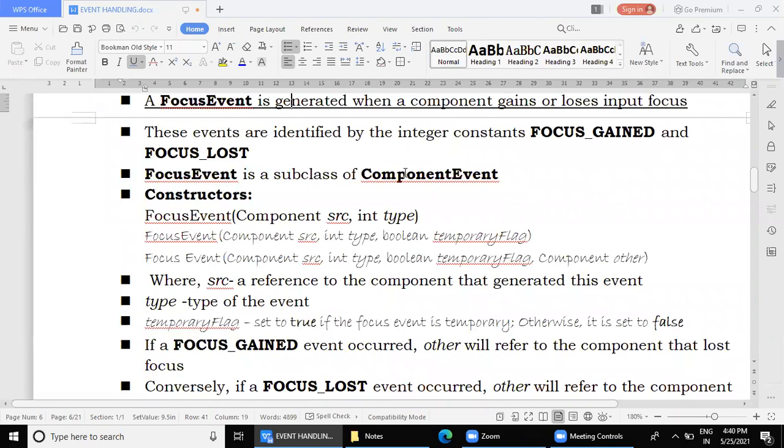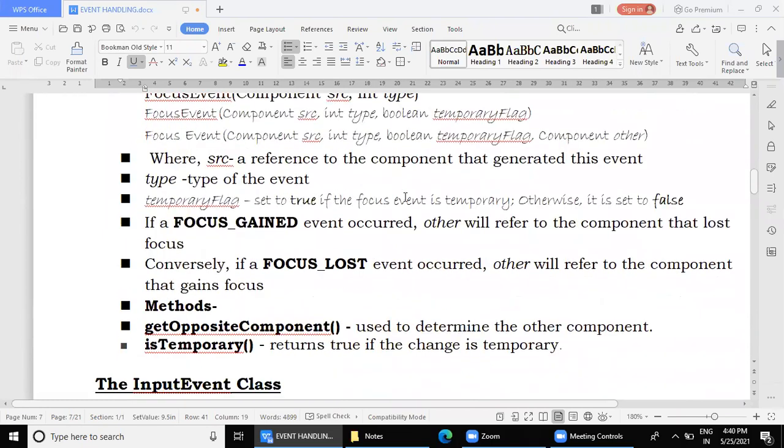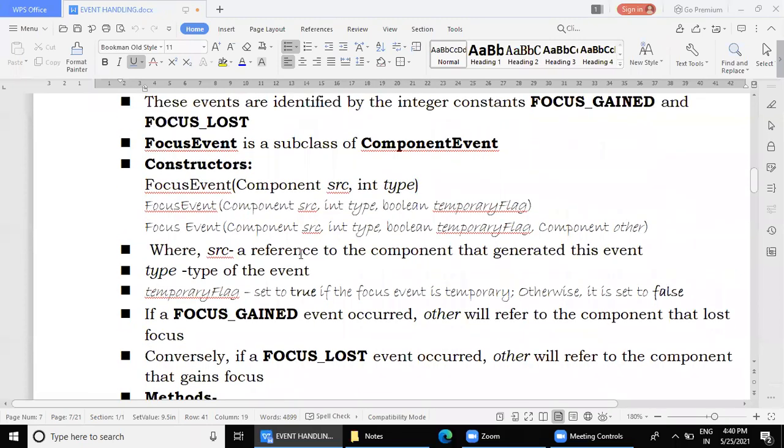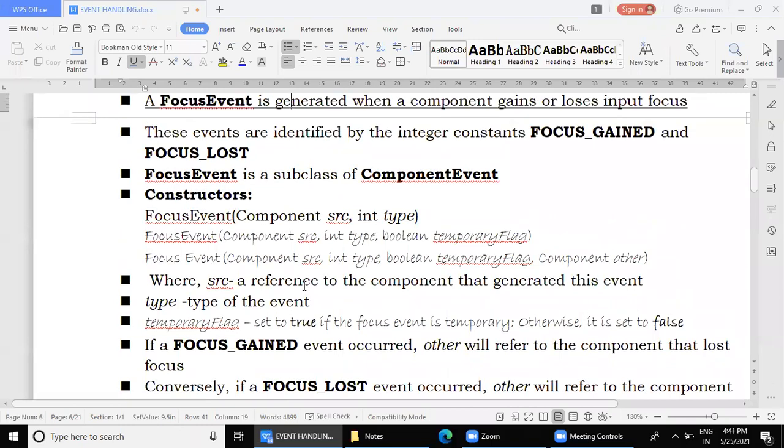Again, you have to identify whether the focus was gained or lost based on one more method, which is not given here, called get event type or get type. That will give us the type of the event that has occurred, whether focus gained or focus lost.